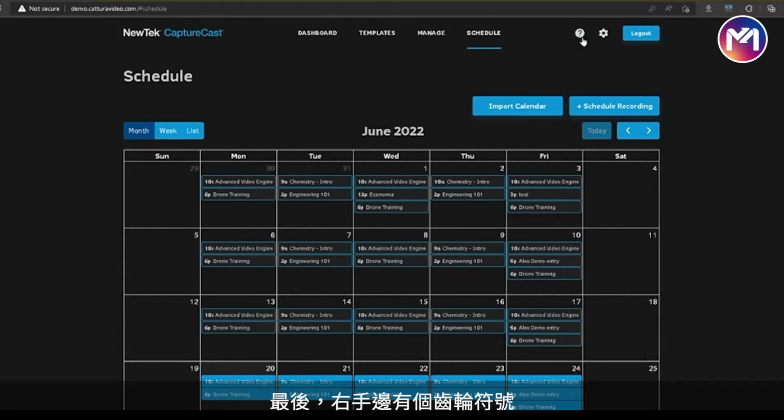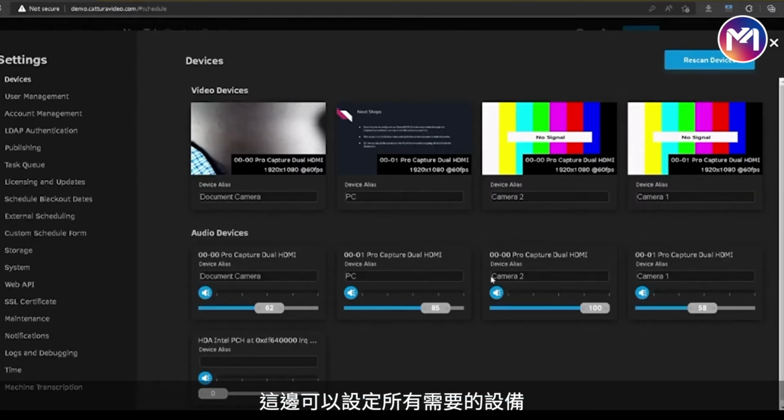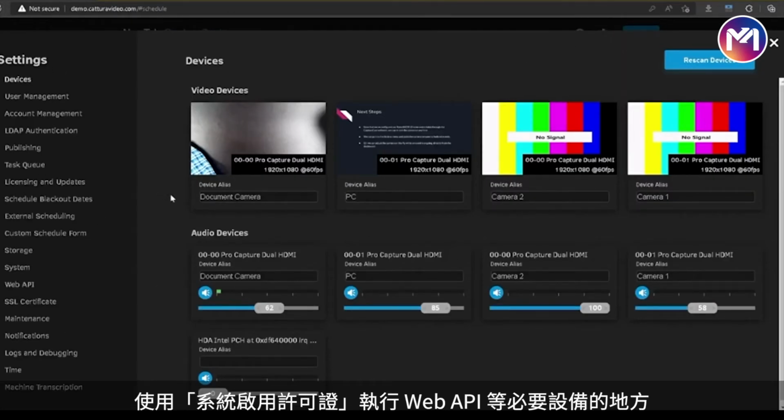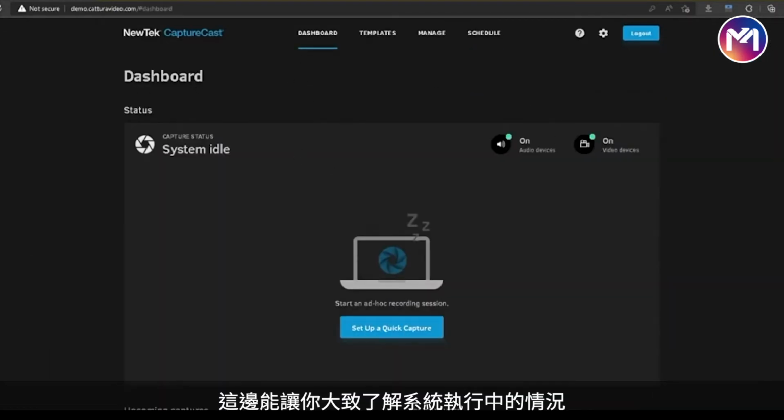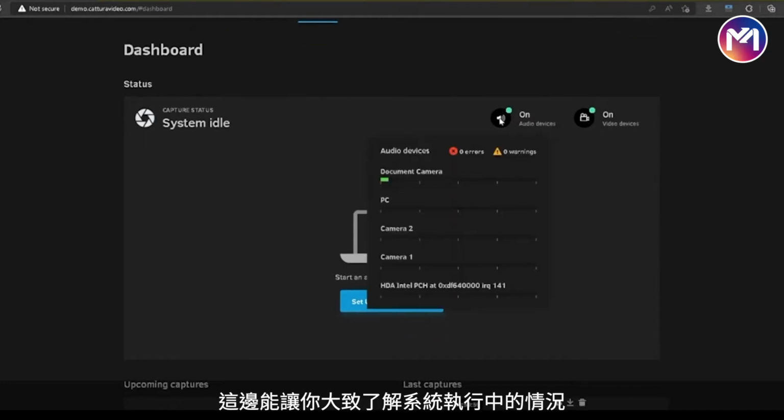All right, and of course towards the end you see a gear icon. This is the settings configuration tab. This is where you perform all the necessary settings with the system, enable license, enabling web API, and so on and so forth. Okay, so in the dashboard area, again, this gives you an overview of what's going on with